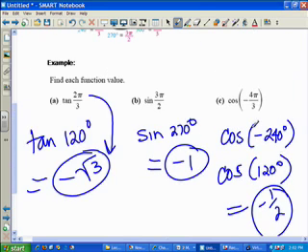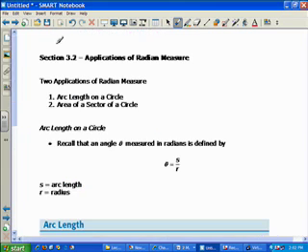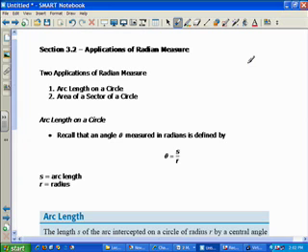Now that we've mastered converting from one to the other, we kind of know what it means to be a radian. There are two applications of using radian measure. One is finding or determining the arc length on a circle, and the